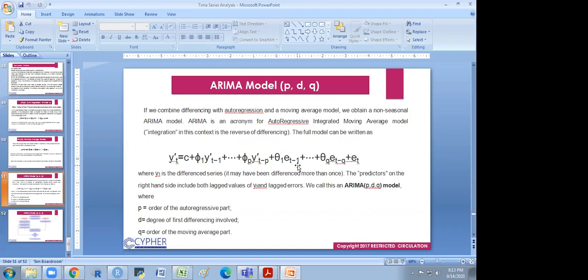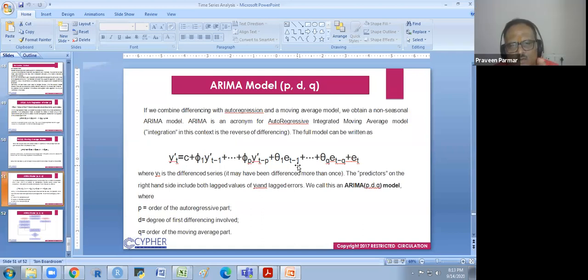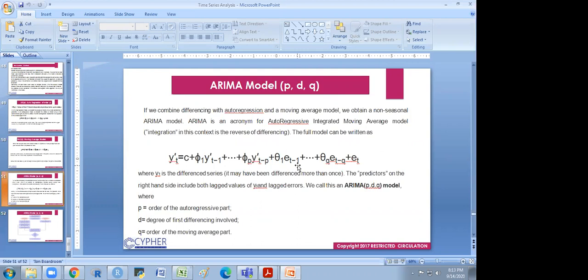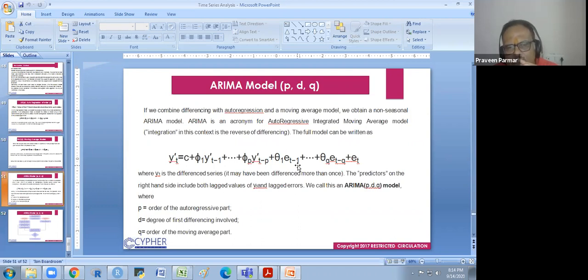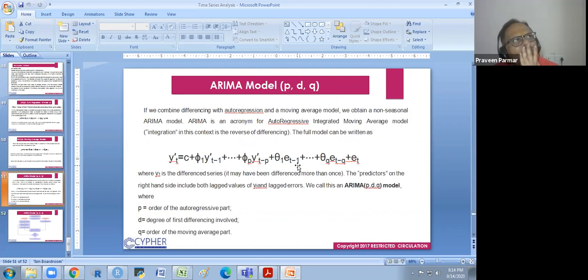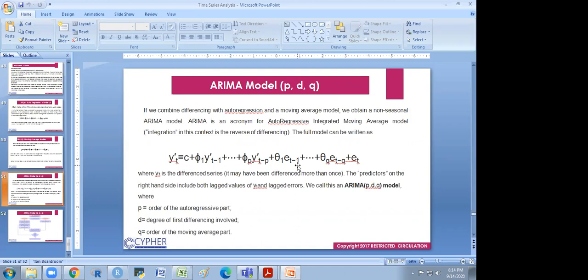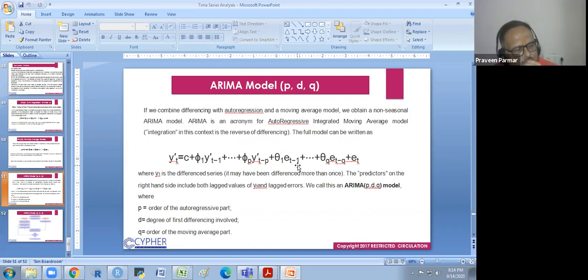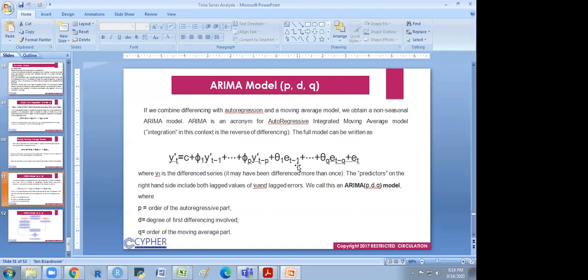So it should be at least 20 to 25 observations. Suman has only 3 to 4 years of geographical data. I don't think ARIMA can be done on that. If it is years, then he should have monthly or quarterly data. Even quarterly, 3 years gives 4 times 3, which is 12 observations. That is still less.